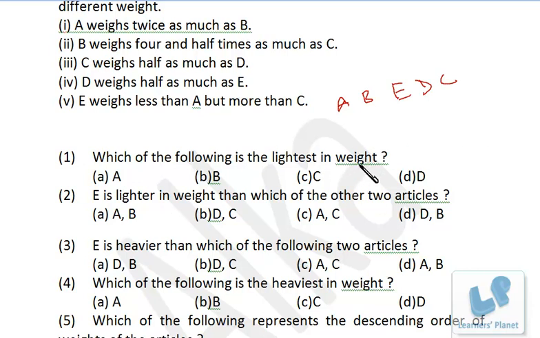Now which of the following is the lightest in the weight? Obviously C, right? Instantly you can answer. E is lighter in weight than which of the other two articles? E is lighter than A and B. Pretty simple. E is heavier than D and C. Okay. Which of the following is the heaviest? A. Okay. So in 1.5 minutes, while I am explaining the problem, we are able to solve all the